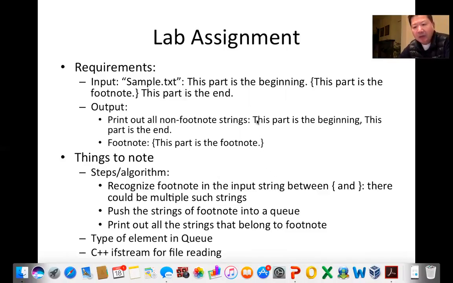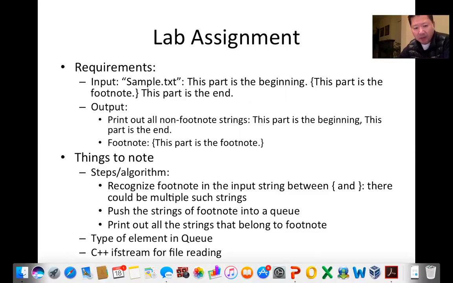If it's a different element type, you may need to go back to the q.h and q.cpp files to make corresponding changes. If you change the element type to be string, for example, then you need to make sure that those places that are specific to the integer element type should be changed to this new element type